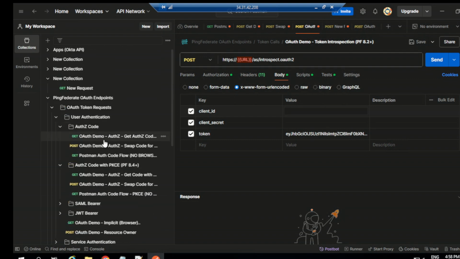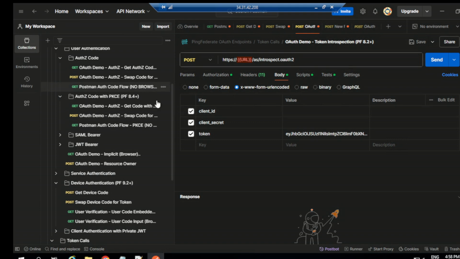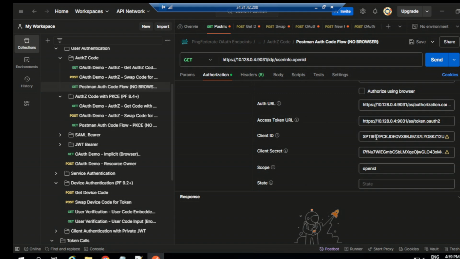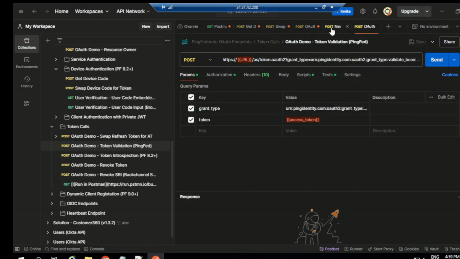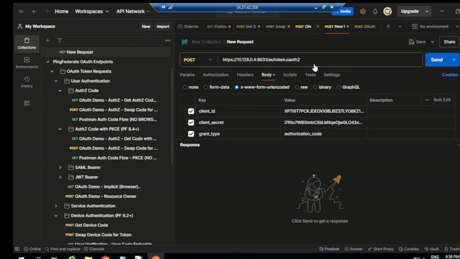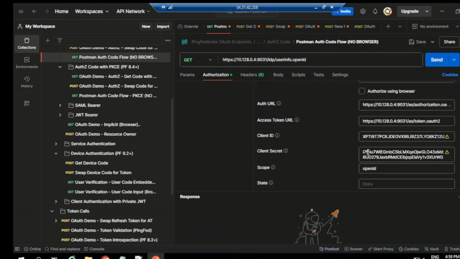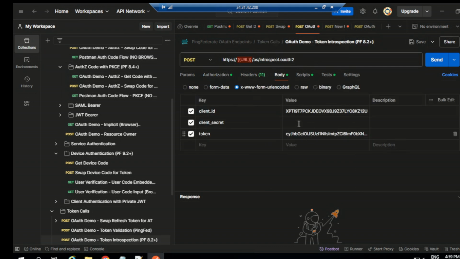So let me go back again. I'll copy the client ID and paste it there. Yeah, so paste the client ID and bring the client secret from there and paste it in our introspect call. So these things you need to add in the body with x-www-form-urlencoded, like client ID,